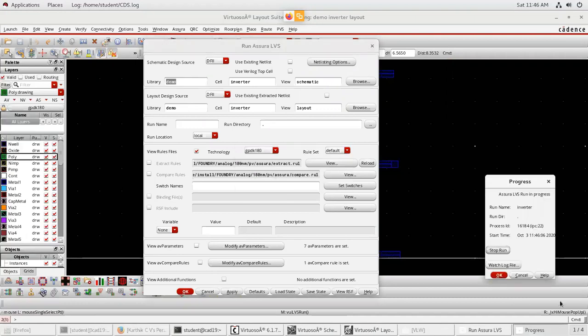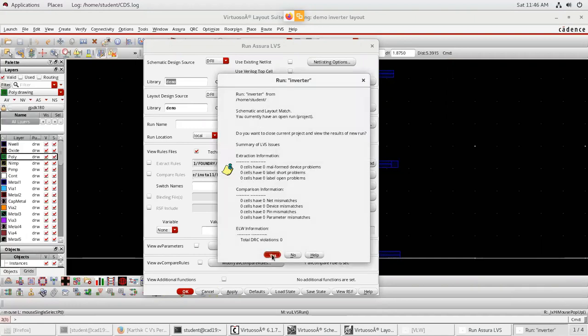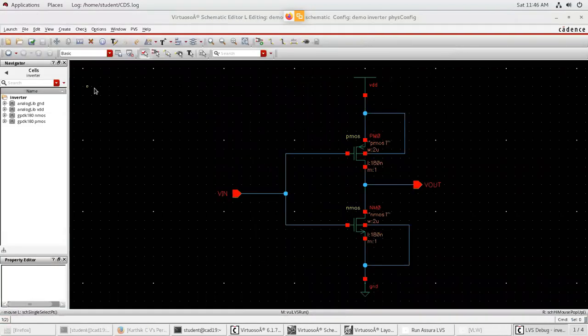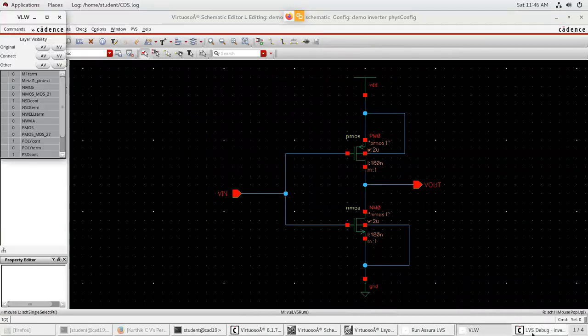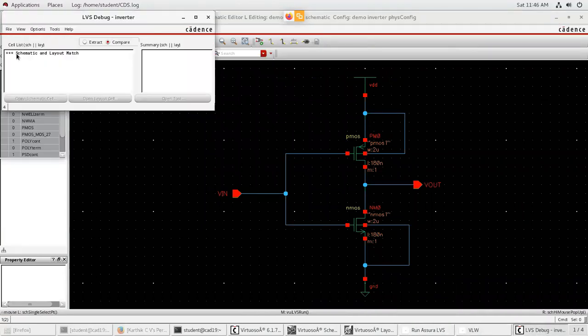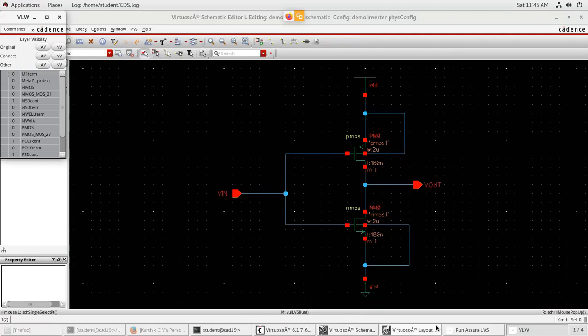So you are comparing your layout here with the schematic, whatever you have done. You should be getting a schematic and layout match, meaning whatever layout you have done and schematic you have done previously, both are matching.